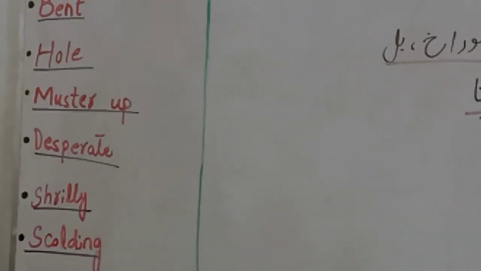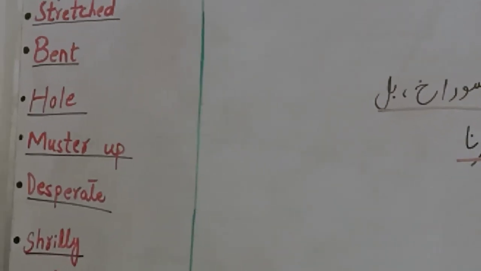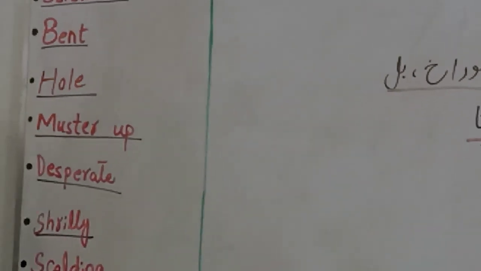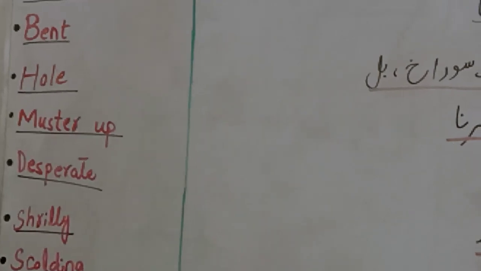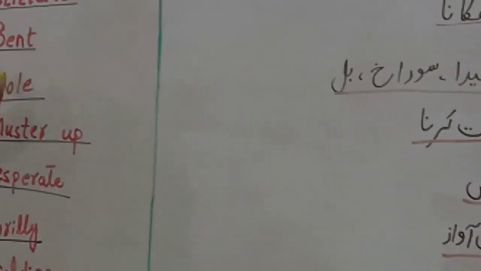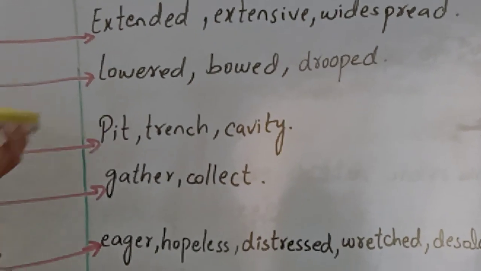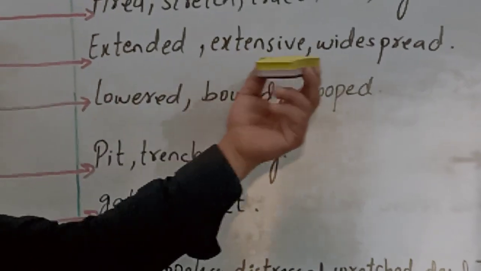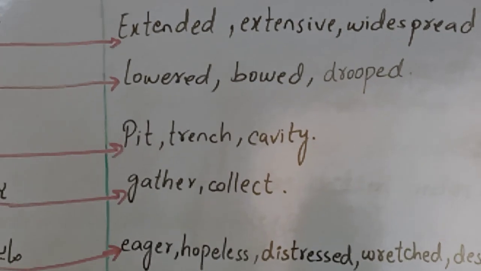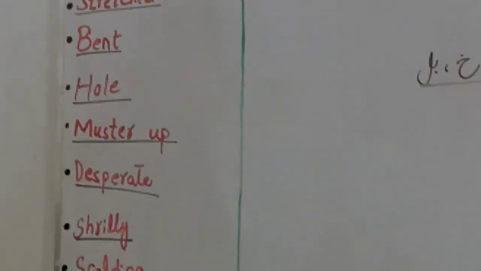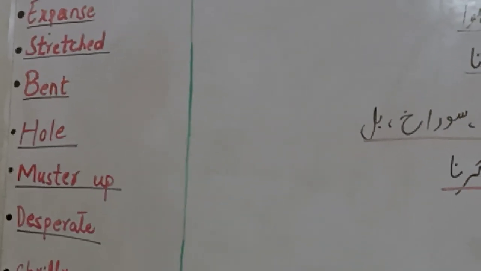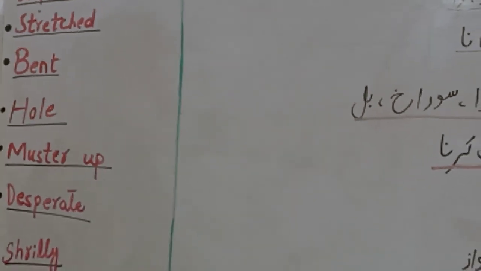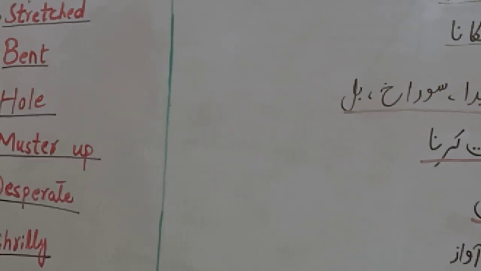Avoid using words from the text. When you are asked to answer the question, read the text and use different words than those used in the text. For example, stretch is used in the text, and don't use this word in your answer. You may use its synonyms instead. Clear? That answer will be a bit acceptable. That may give you some marks. Just copying and pasting doesn't give you marks. Examiners do not accept these things.